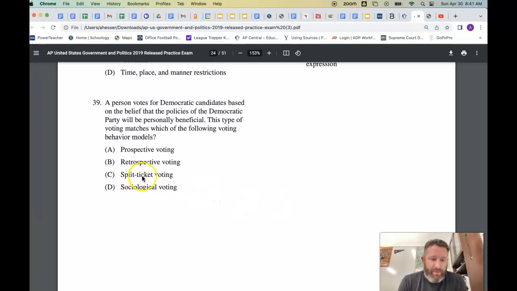Split ticket is when you would vote for both Republicans and Democrats. That's not what's going on here. But I think the Democratic Party is going to be personally beneficial to me. I'm going to vote on, they don't actually put rational choice voting in here, which could be an answer, but based on the options they give us, what are they going to do? How are they going to act? For me, that's